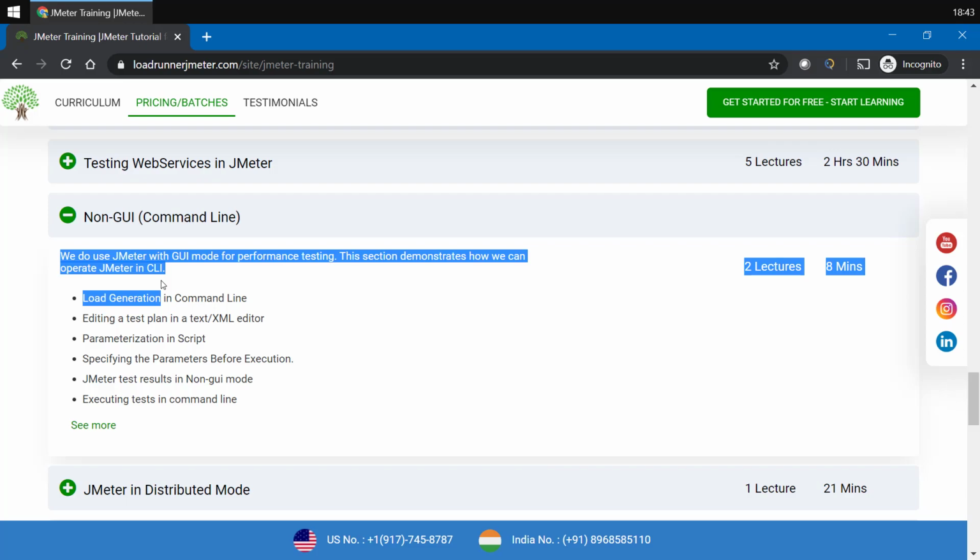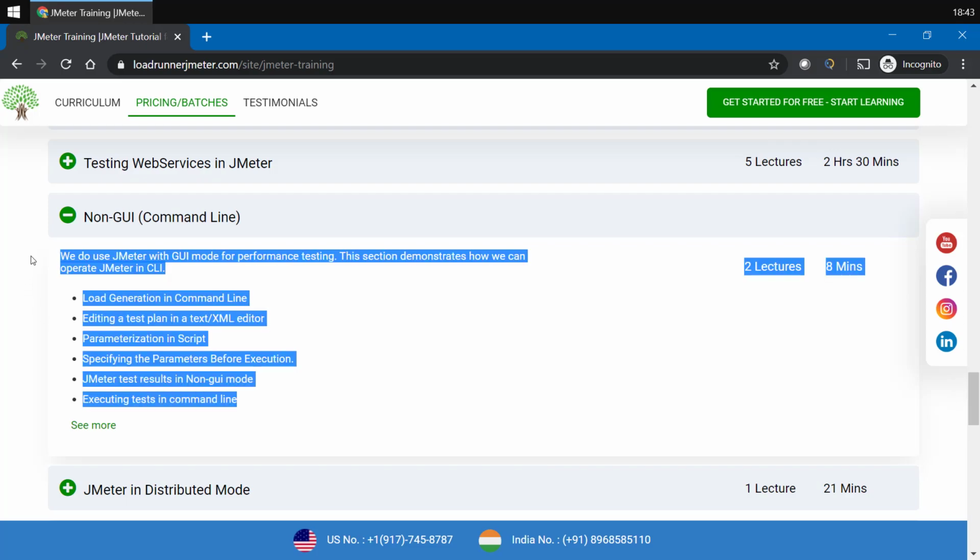So we would be learning how we can do the whole thing in command line and how we can run the test cases in command line so as to avoid any kind of hassles created by graphical user interface. As GUI needs some amount of RAM to be processed and some processing power for the graphics, it is always suggested to use command line interface whenever you are generating load, right? So you would be learning about that in non-GUI.